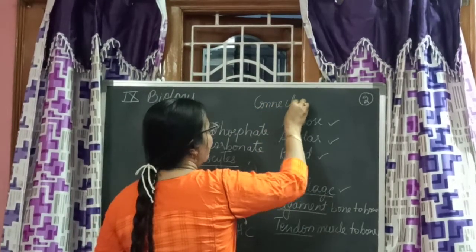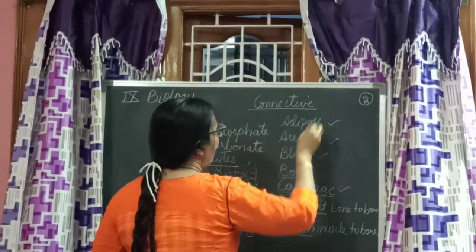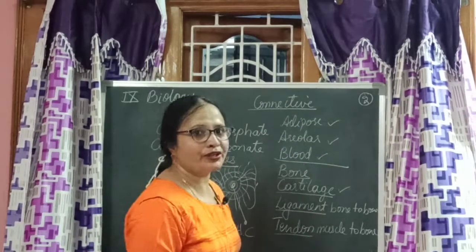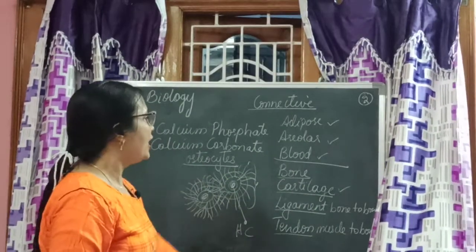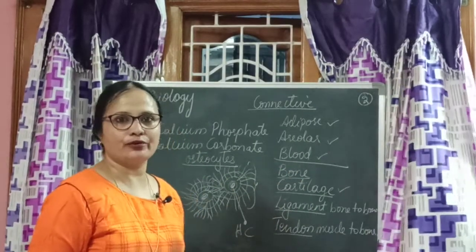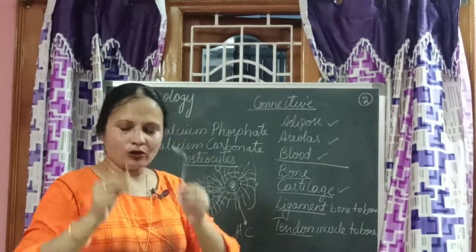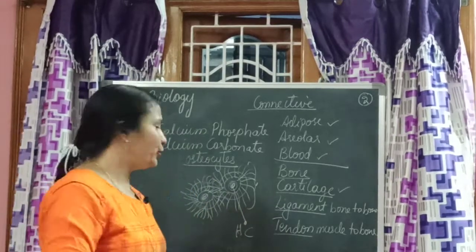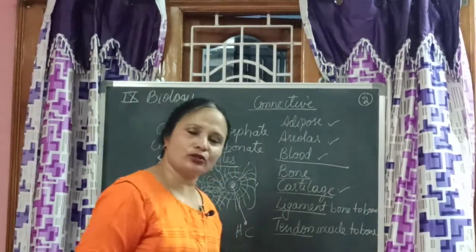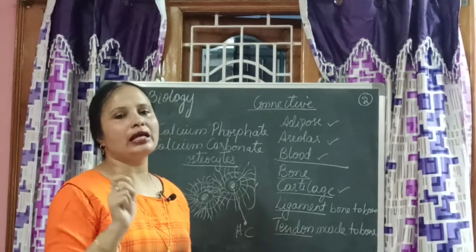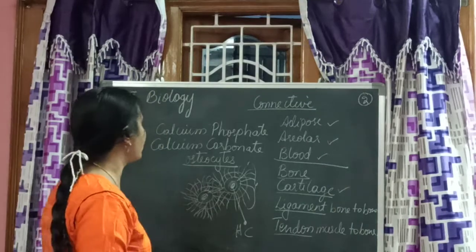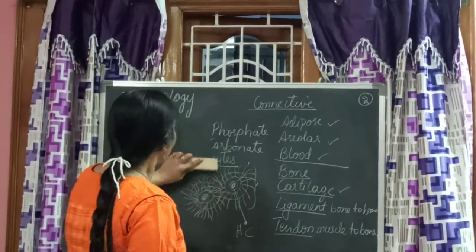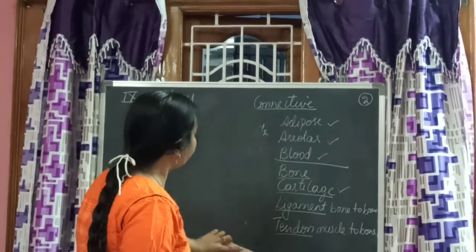In connective tissue, if you have noticed, blood has more interesting facts. Adipose and areolar you might have learned for the first time. The remaining ones are all easy for you to understand. Now for today I am just going to introduce you to muscles and muscle types. What is the next animal tissue that we are supposed to learn about? It is muscle tissue. Let us see.